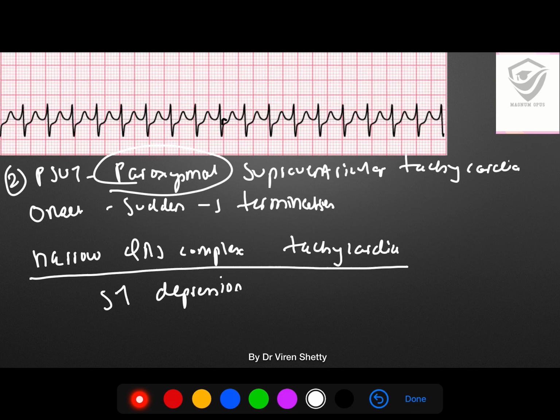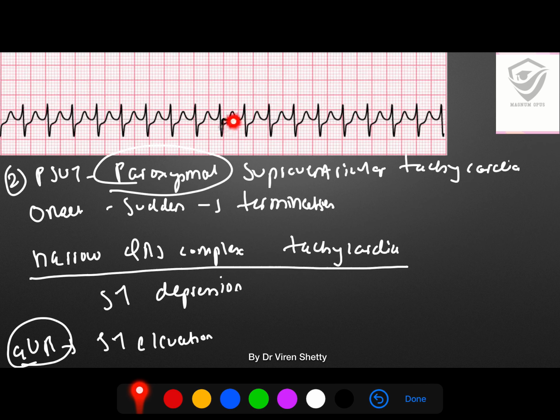Now I would like to make one point here: out of all the leads of ECG, in lead aVR you get all reciprocal changes. That means everything is upside down, opposite, in aVR. So that's why in PSVT in aVR you will see ST elevation. Just for theory, remember that in lead aVR everything you see is reciprocal, that is opposite. Why, we'll go into later in detail, but for now remember, in aVR everything will be opposite. Another important feature of PSVT is that you will see a merged P and T